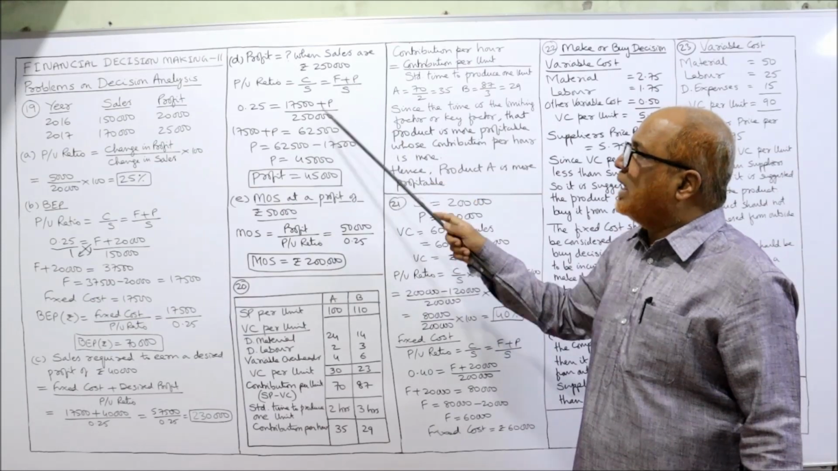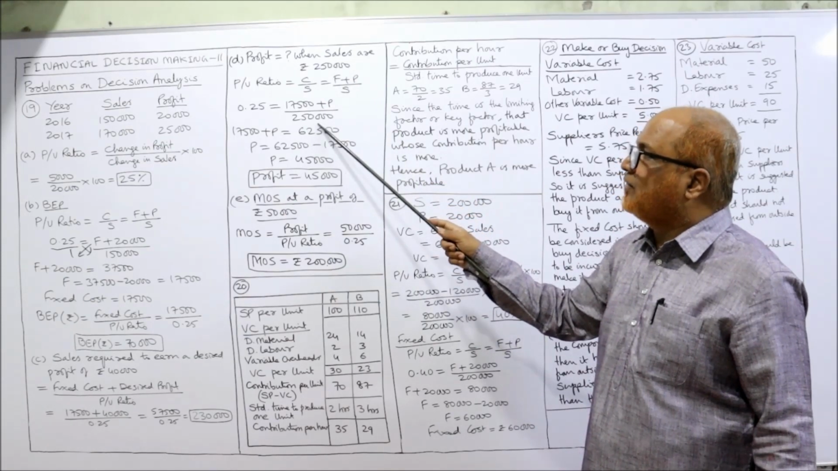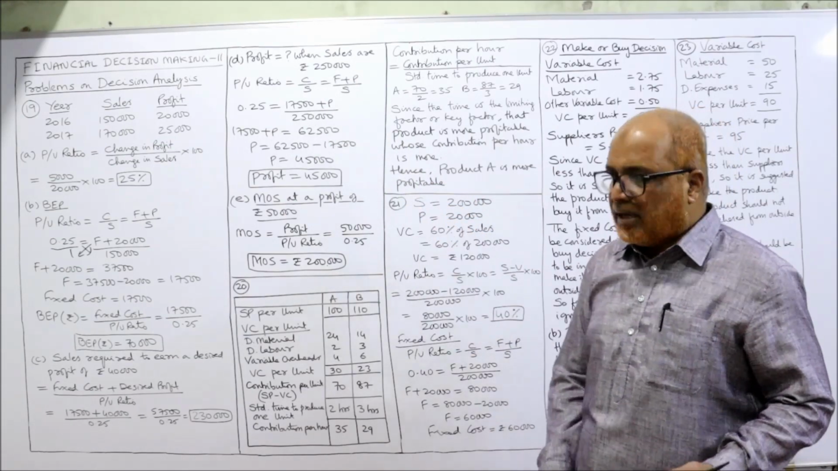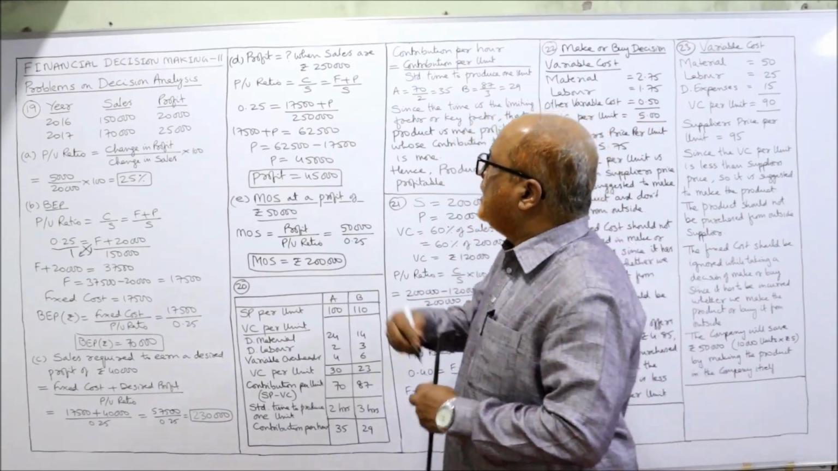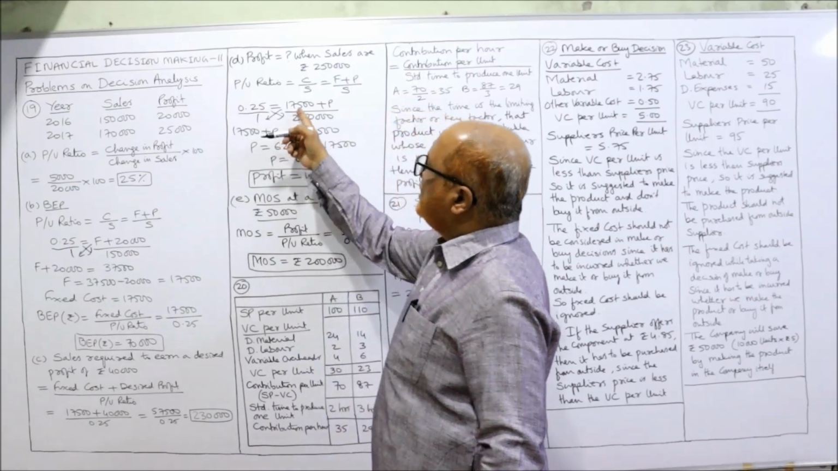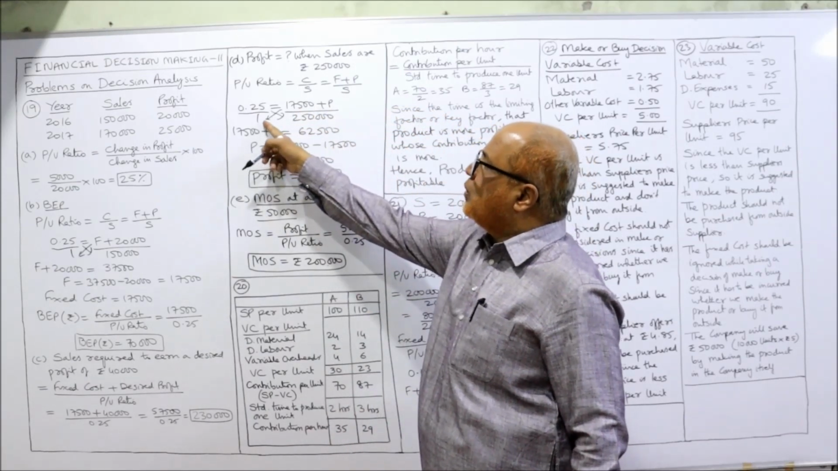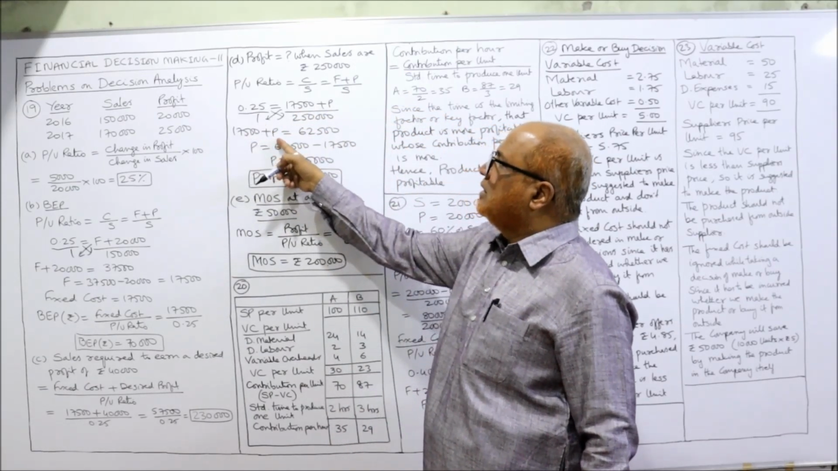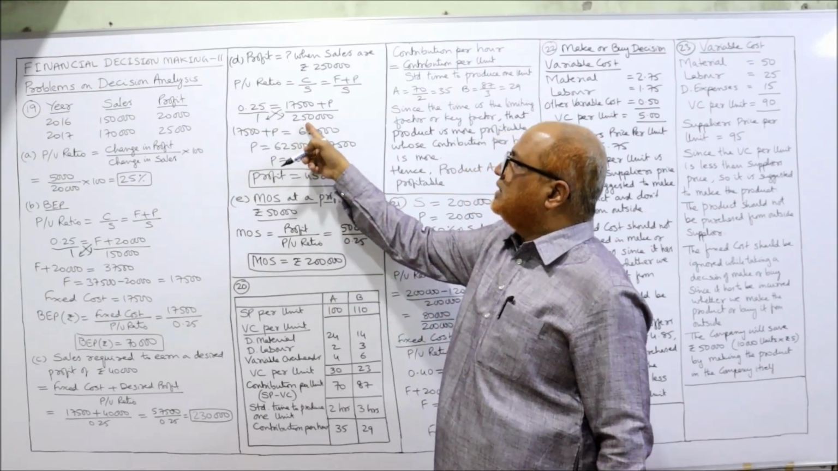And when sales are 2,50,000, denominator sales 2,50,000. Again, I am making a cross multiplication like this. Then what will happen? 17,500 plus P into 1 is 17,500 plus P. 0.25 into 2,50,000, you will get